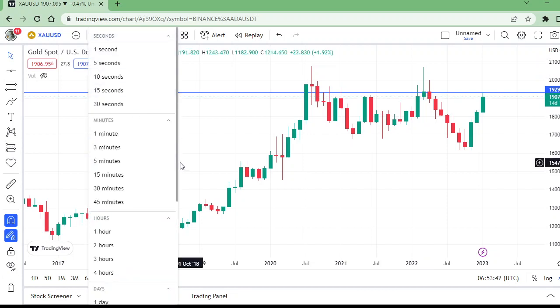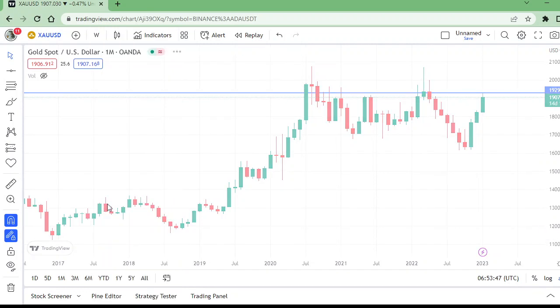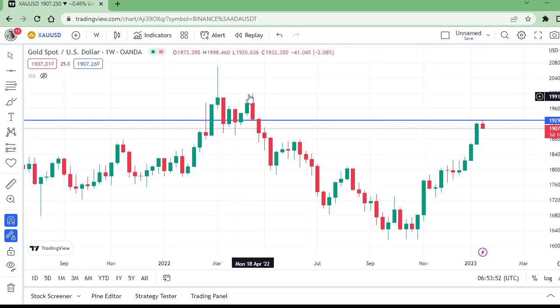Now on the weekly time frame, this is a weekly market structure. This is a big market structure in which, when it was going up, this level was broken, but the first time it went up and came back, and then broke it to the upward. And this is the wick of the week.